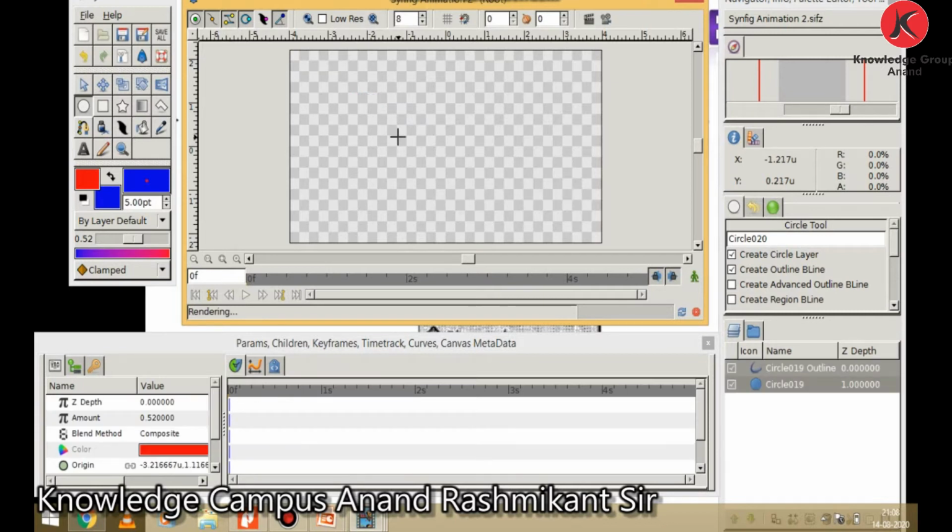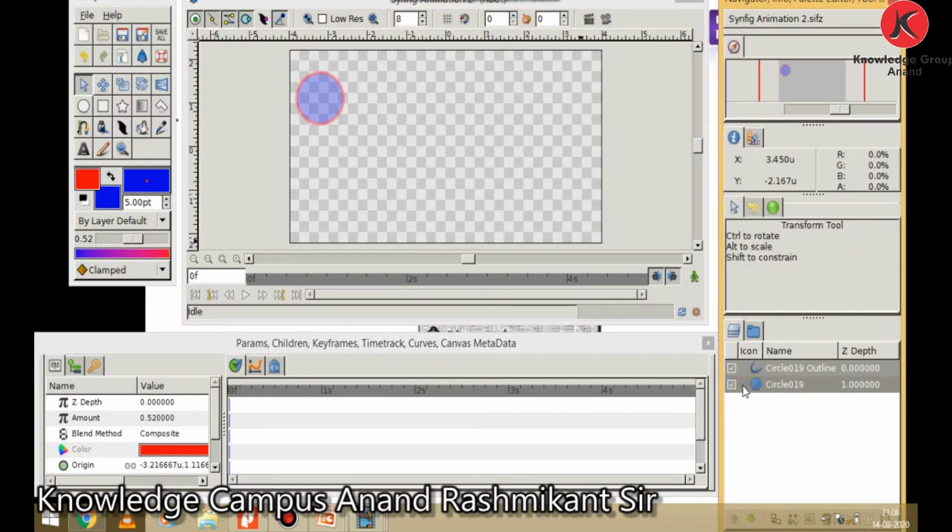So here we draw a circle. You can see that it also appears in the layers panel, a layer for the circle and a layer for the outline.